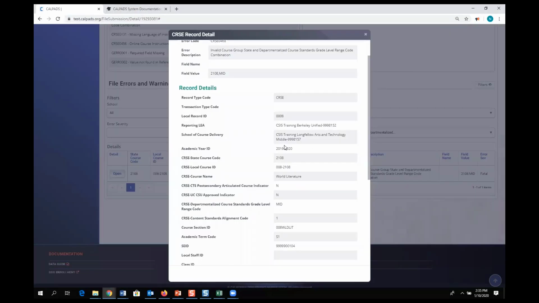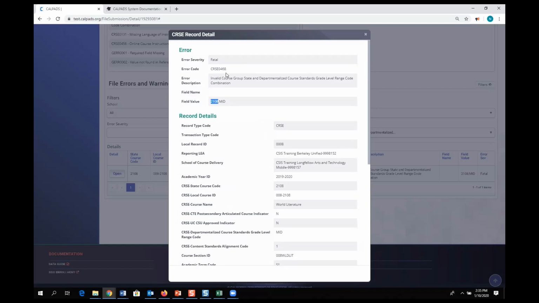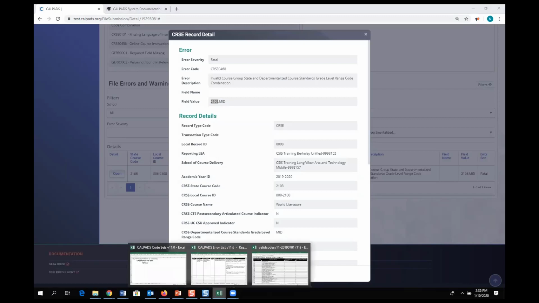So in essence, I'm looking at an error telling me it's an invalid combination. I will never find a valid combination because there is not one for the retired state course code. So that's something to look out for. I anticipate several of you will see this error, possibly because you're using an expired code. Now, if you have a true and genuine invalid course code and departmentalized standards grade level combination, you can use the valid code combos